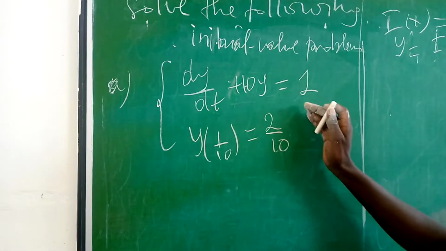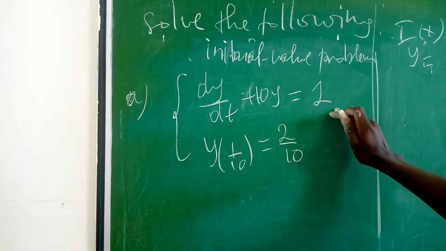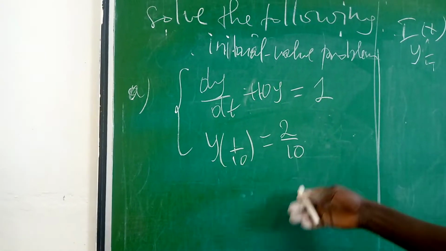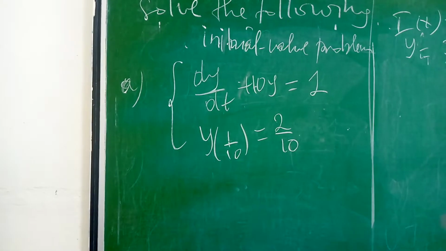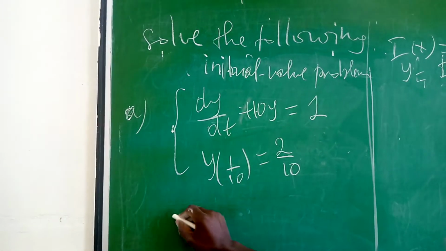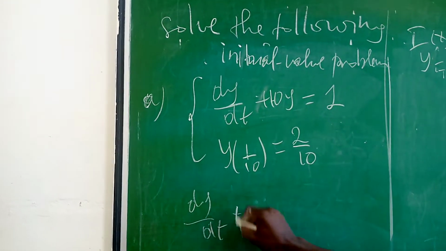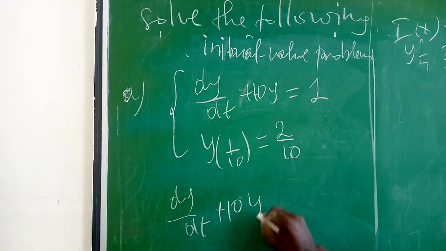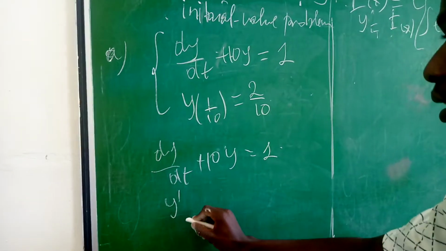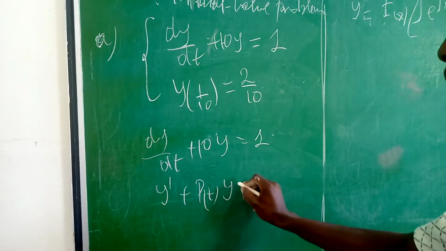We're going to solve the initial value problem. If we are given just the equation like this, we first have to find the function, and then after we can replace the value, and then we get the particular solution. So let's find out how we can do this. We know that if you have dy over dx plus 10y is equal to 1, we can write it like this. We have y derivative plus p function of t, y is equal to